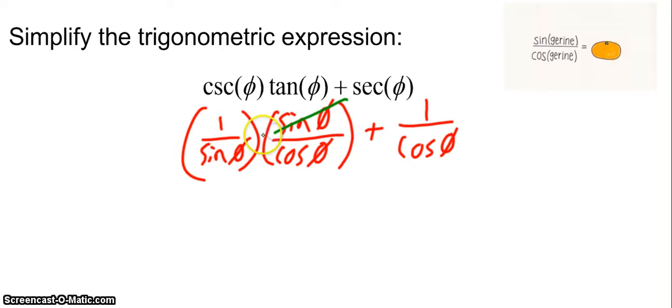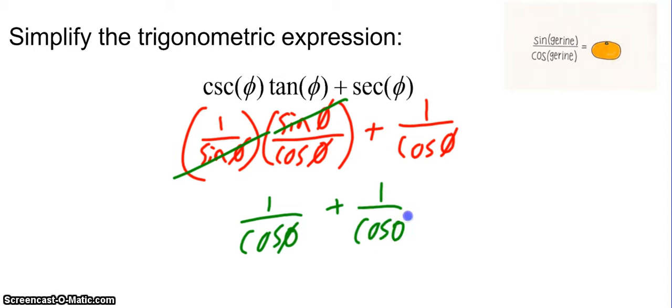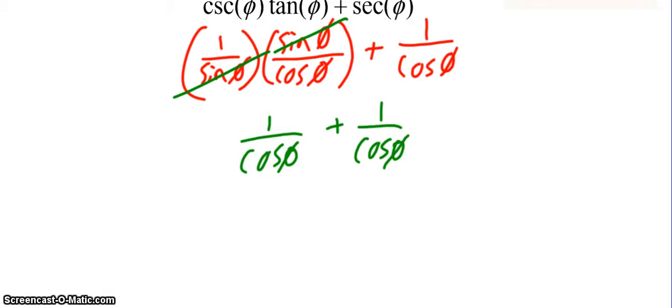And conveniently, those are going to reduce, and so what do we get? 1 over cosine of theta plus 1 over cosine of theta. Conveniently, those have a common denominator already, so we can go ahead and add them, and this becomes 2 over